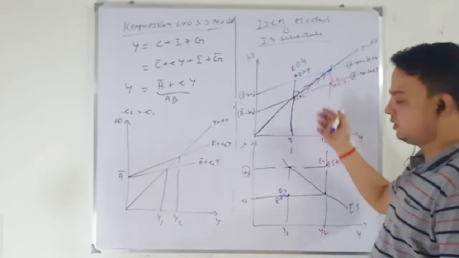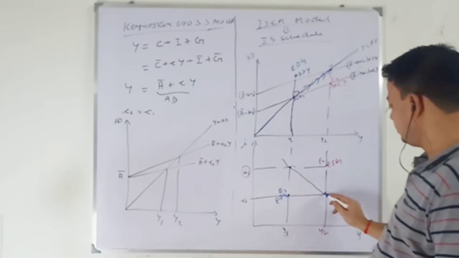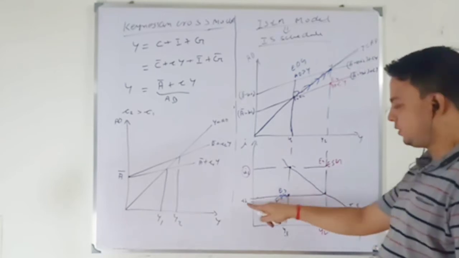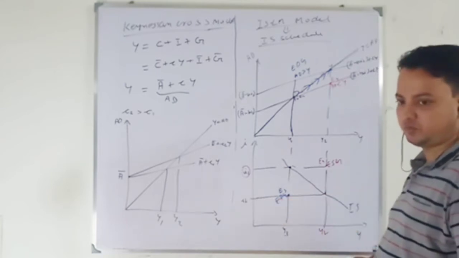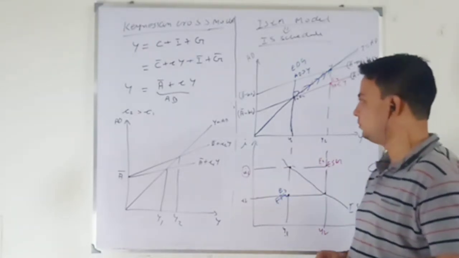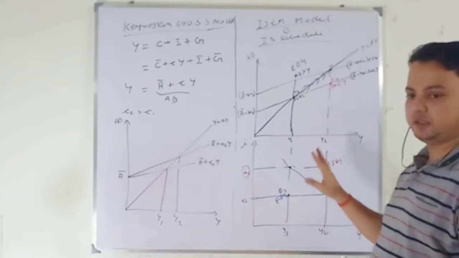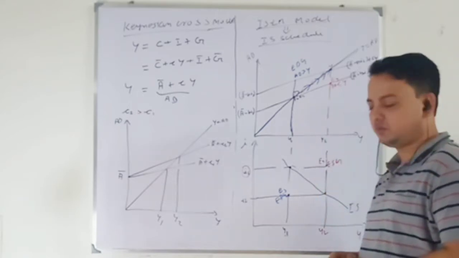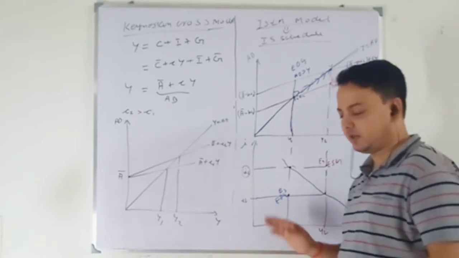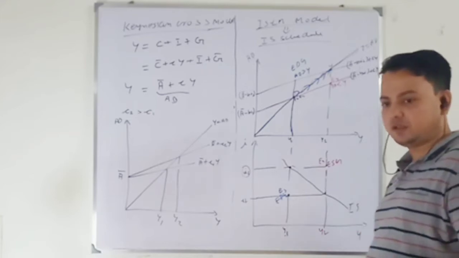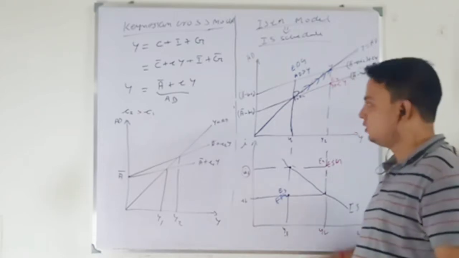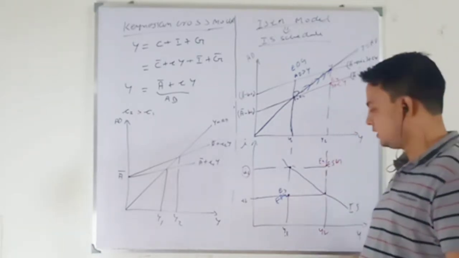Because you have to analyze in a different way, you will move from here to here. So at a lower rate of interest, you will always have a higher equilibrium output compared to a higher rate of interest. This is what we have done, and I have provided the simple explanation, so use only that explanation. This part you can explain. In 1 mark or 2 marks they can ask: to the right of the IS curve, why do we have excess supply of goods? To the left of the IS curve, why do we have excess demand for goods?